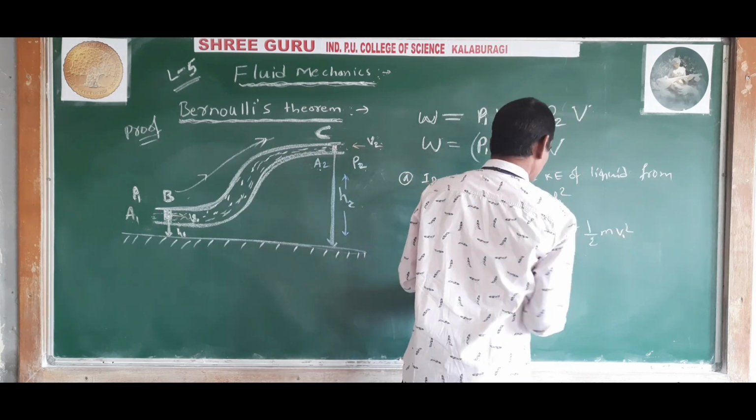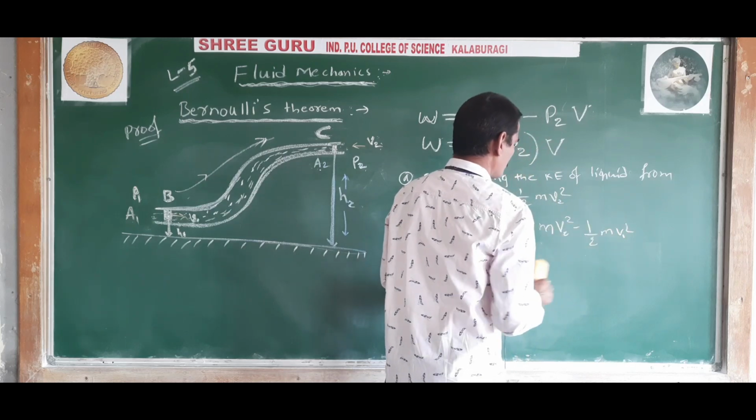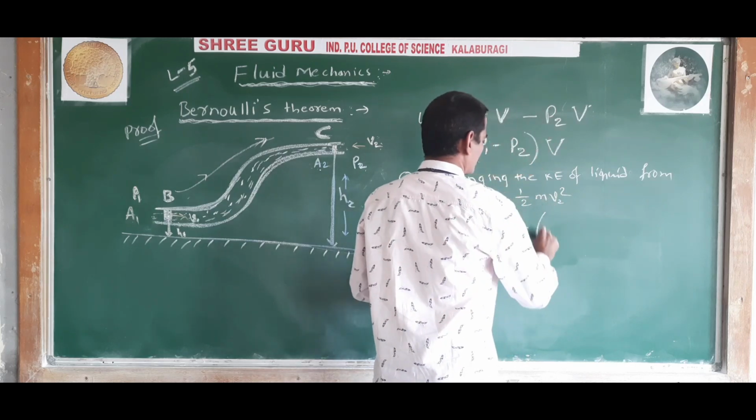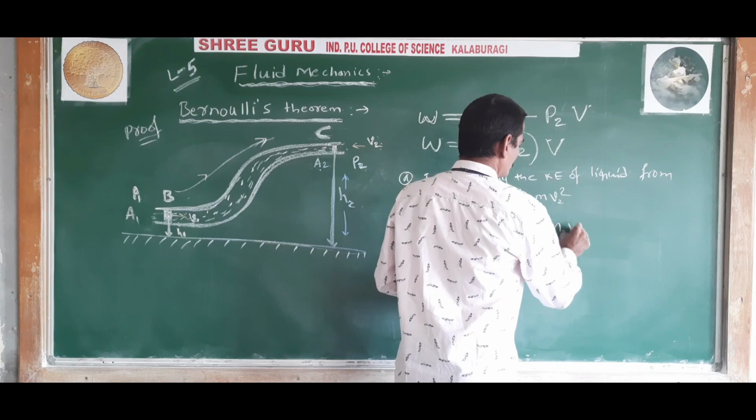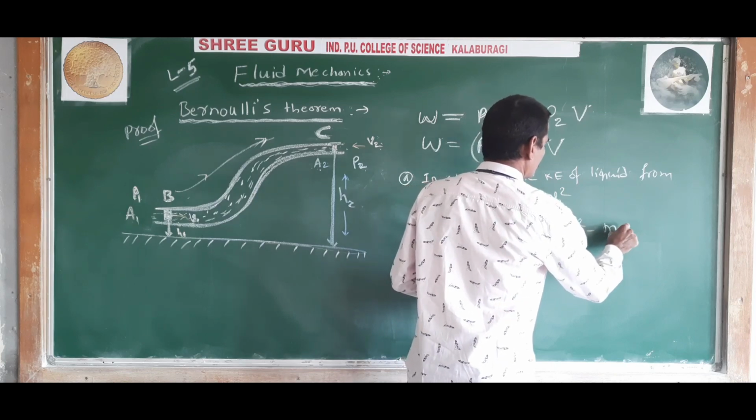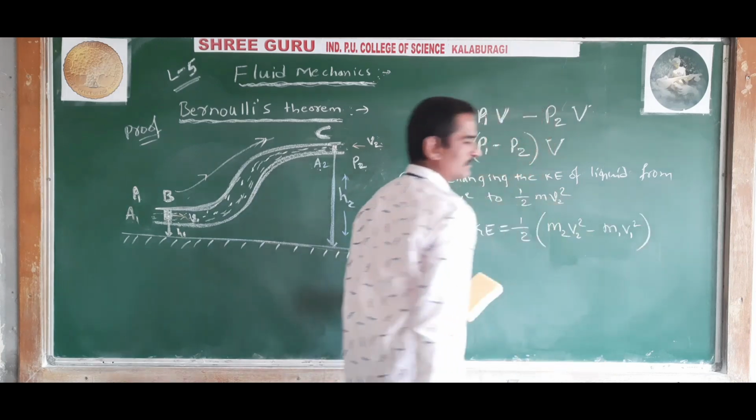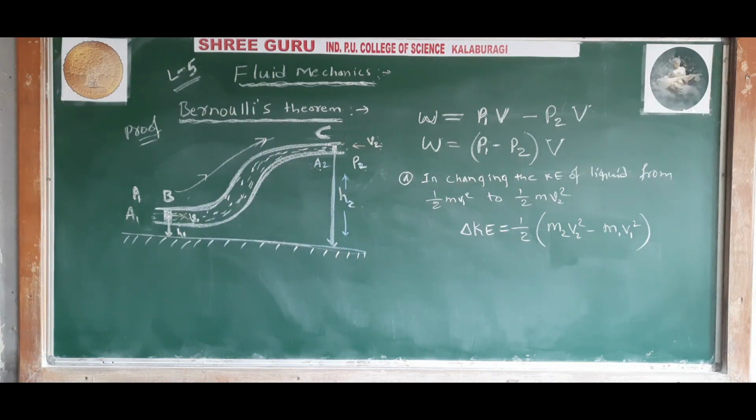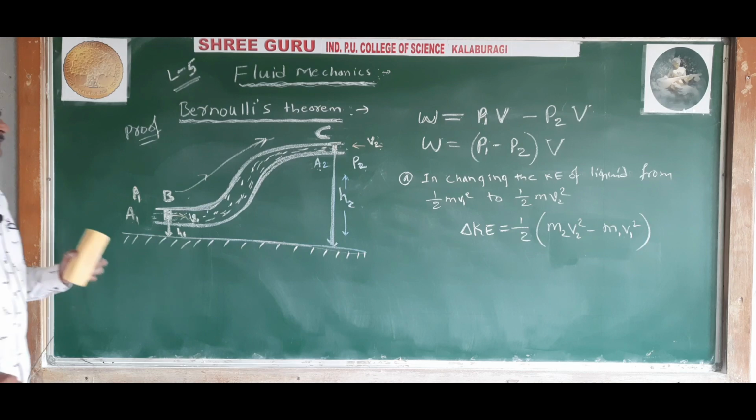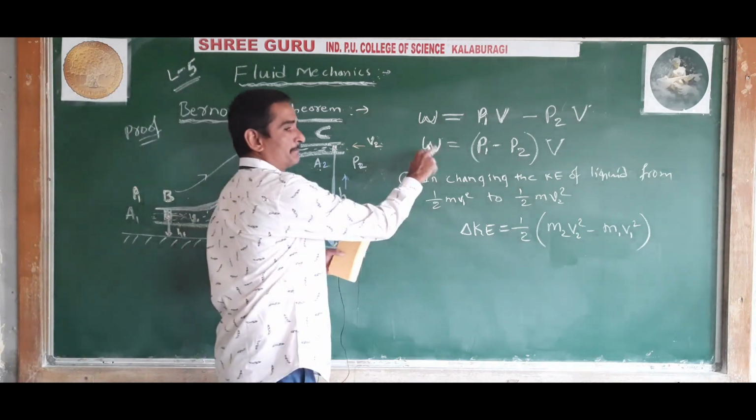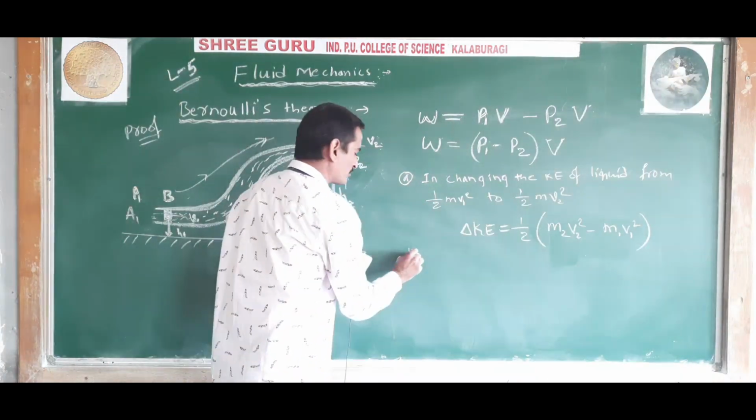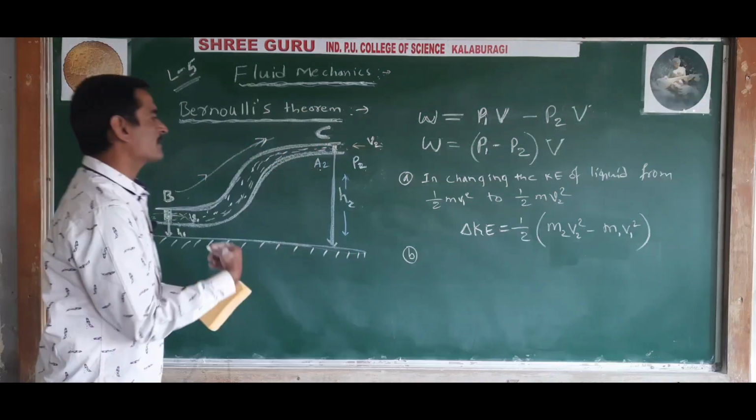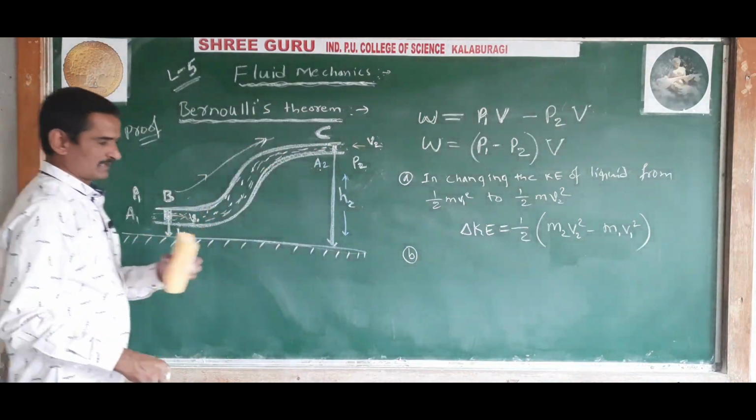1 by 2 m v2 square, 1 by 2 m v1 square, or take common 1 by 2, m2 v2 square, m1 v1 square. Understood? This is the change in kinetic energy of the liquid. And now the part of this work done is also used to change the pressure, potential energy of the liquid